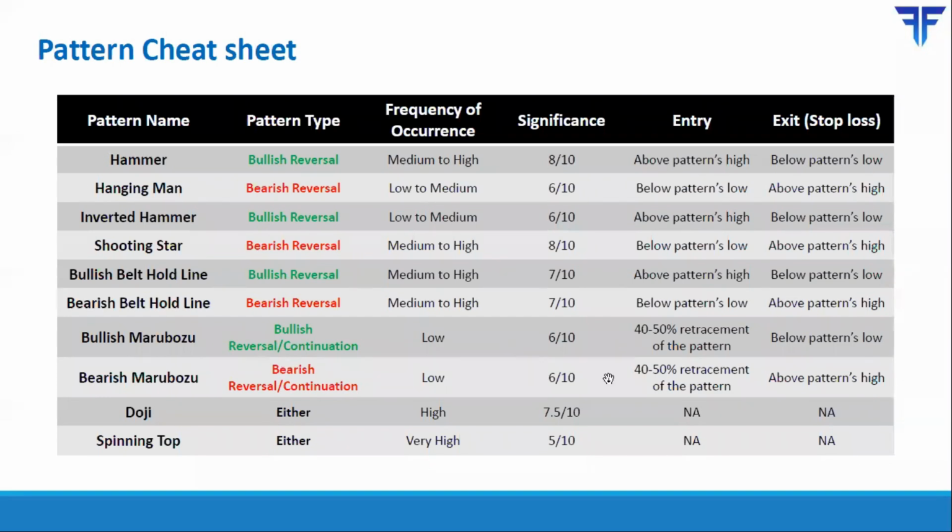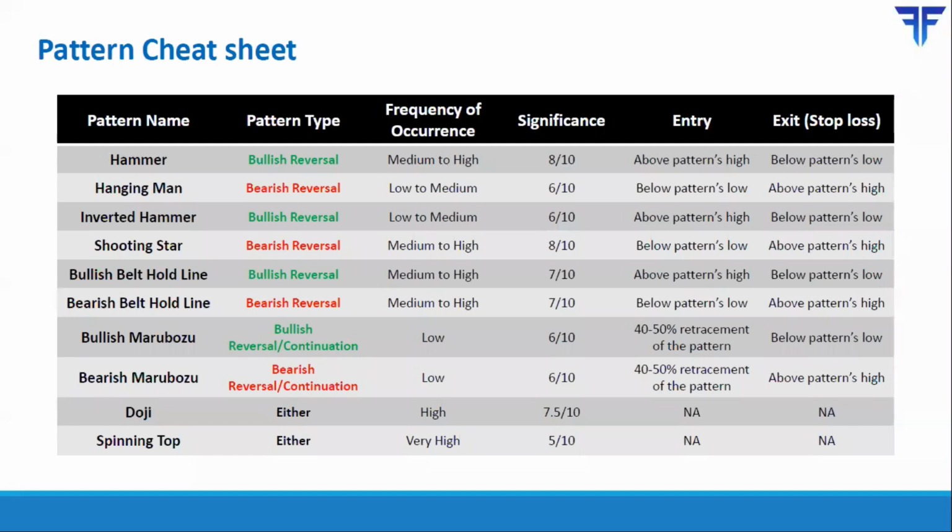Now, how I would place a buy order when a bullish Marubozu appears is slightly different than what we have seen earlier. So once a bullish Marubozu prints on the chart, I would wait for price to correct at least 40 to 50% of that Marubozu pattern. So if that Marubozu pattern has a certain length, I will wait for a 50% retracement of that. And once price corrects that, I will place a buy order by keeping a stop loss below the low of the bullish Marubozu.